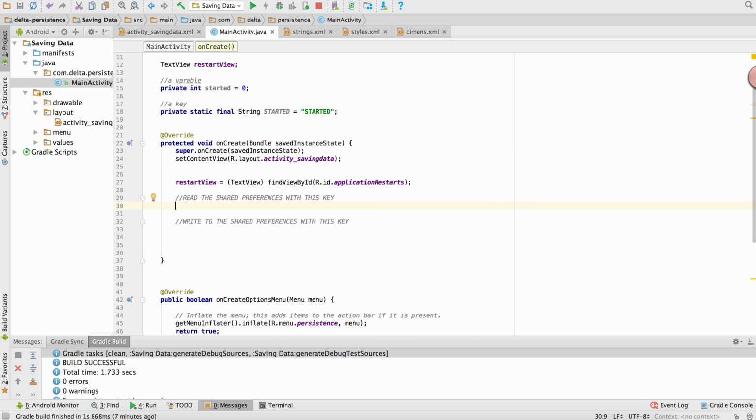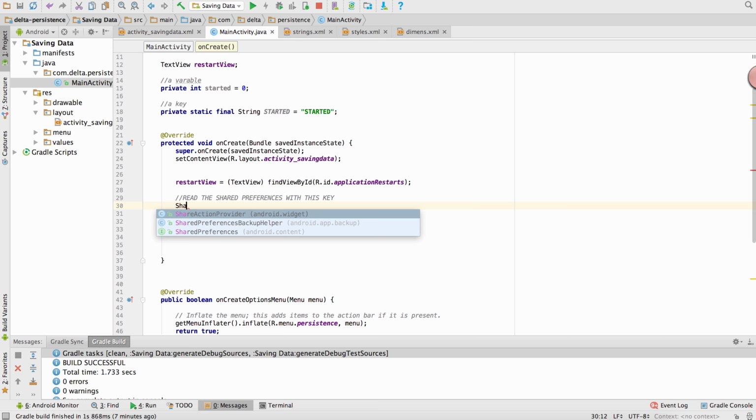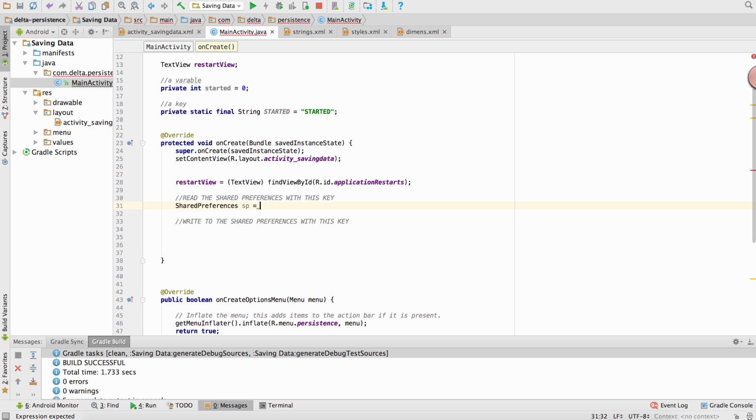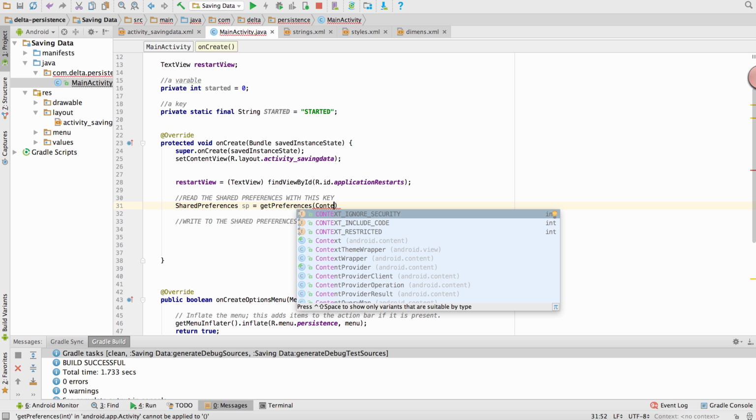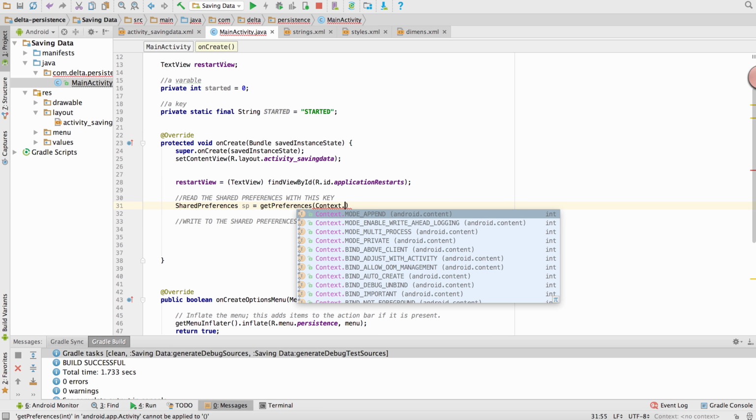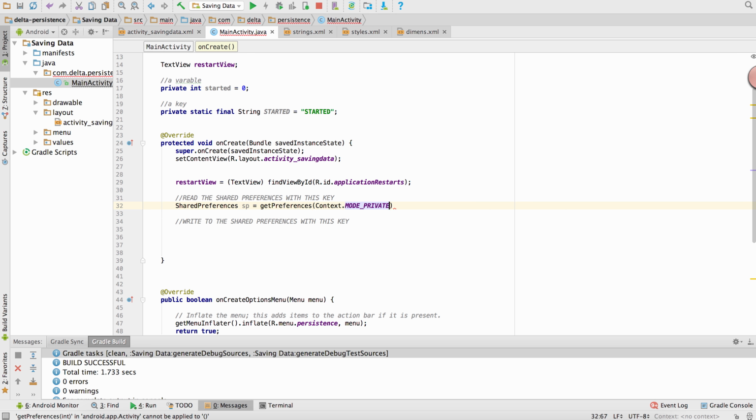While I'm reading, I do this by declaring first of all a shared preferences object, and I'll just call it sp, and I just call it getPreferences. And when I do getPreferences, I have to give the context, and I'm going to give Context.MODE_PRIVATE, which means that only my application is going to access this,